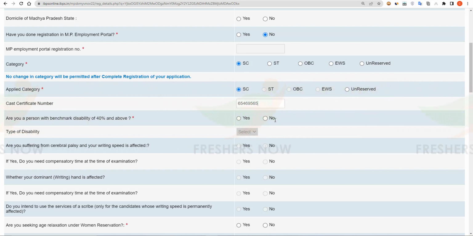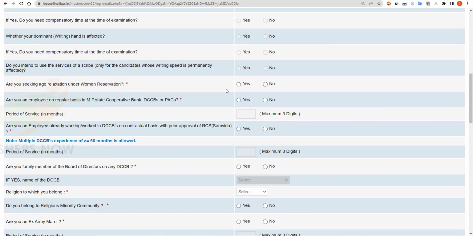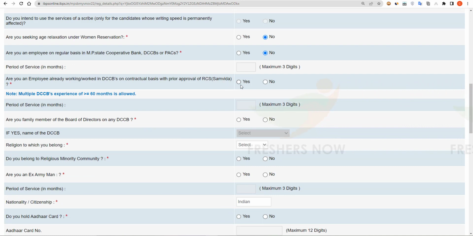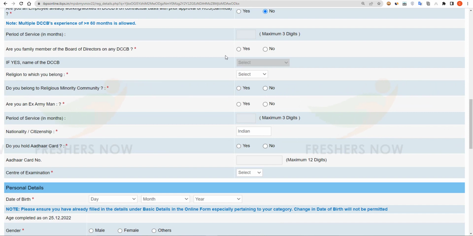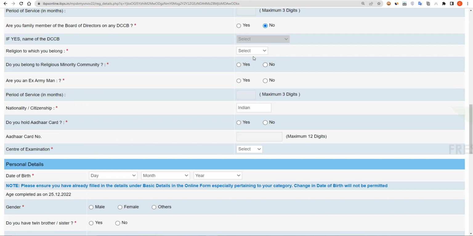After that you have to select are you a physically challenged person or not, and then scroll down. Here you have to select that are you seeking age relaxation under women reservation. If yes means you can click on yes, or else you can click on no. After you have to select that are you an employee of regular basis in MP State Cooperative Bank or not, and here are you already working or worked in DCCBs on contractual basis or not, and here are you a family member of board of directors on any DCCB, and here you have to select your religion which you belong,